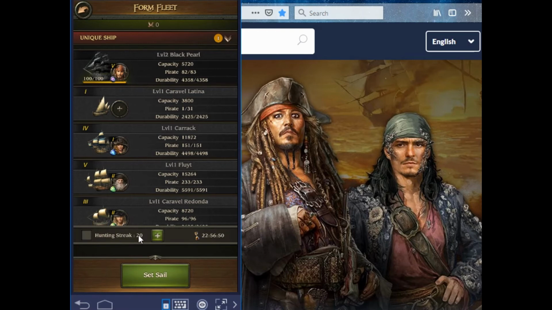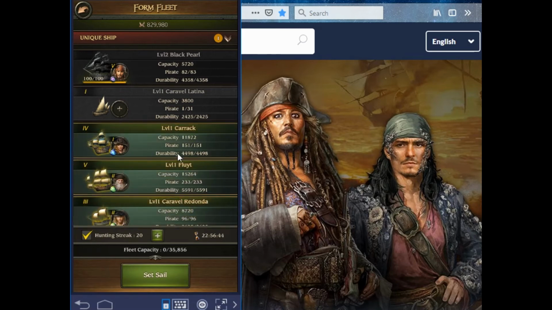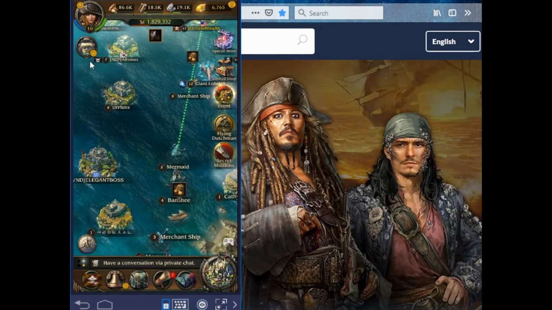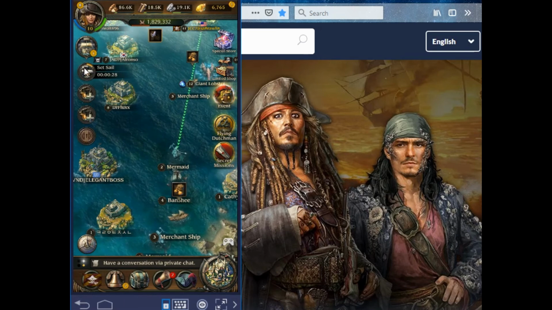There's the 20 I loaded up. I click that. I choose my boats that I want to go after her, and I'll just send them all out. Let them all have some freedom for a minute and set sail. And what they're going to do, here's the button that shows you